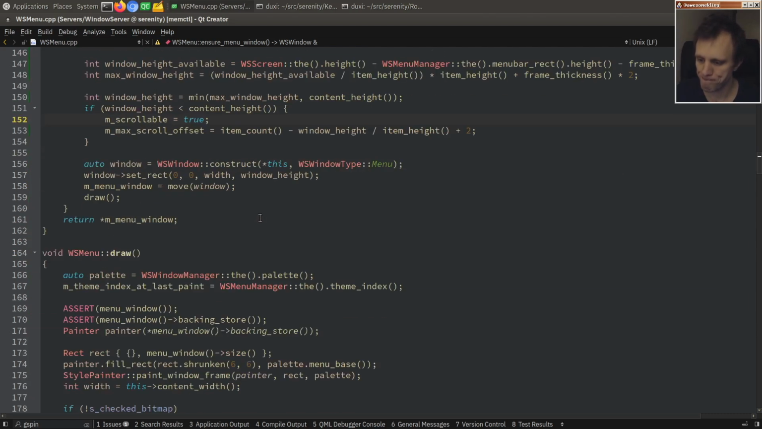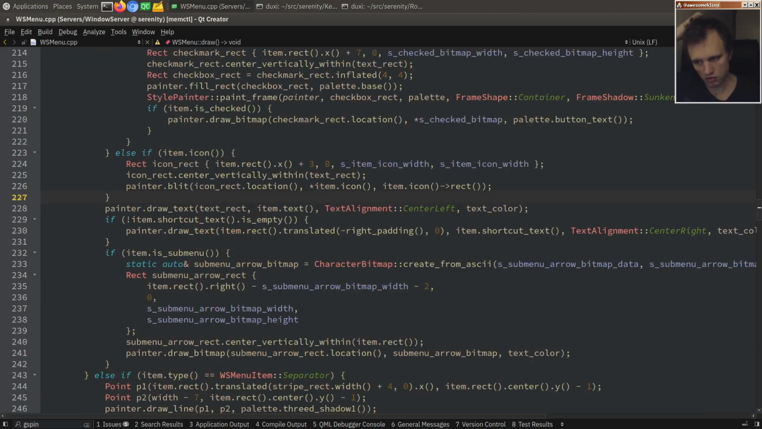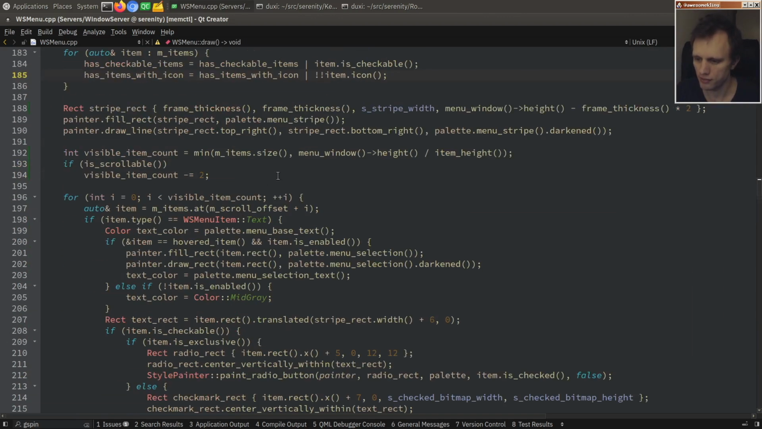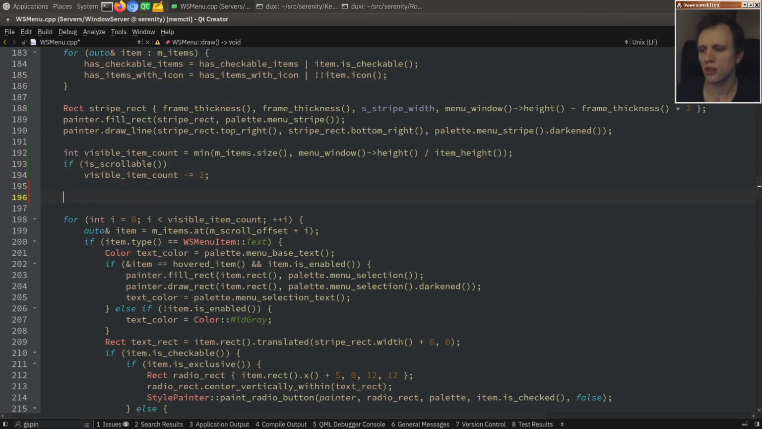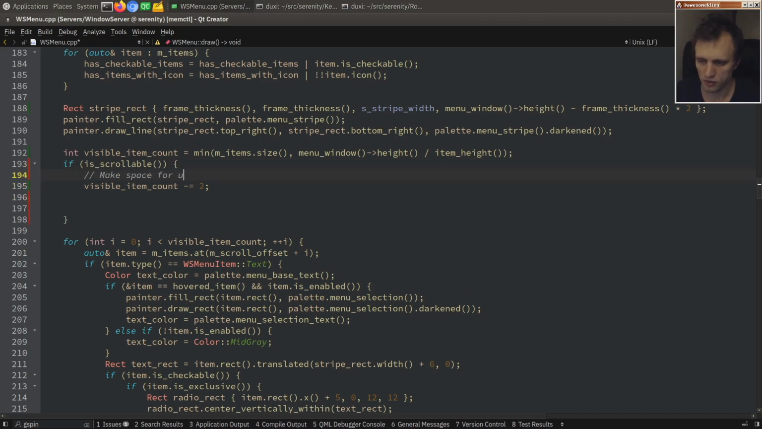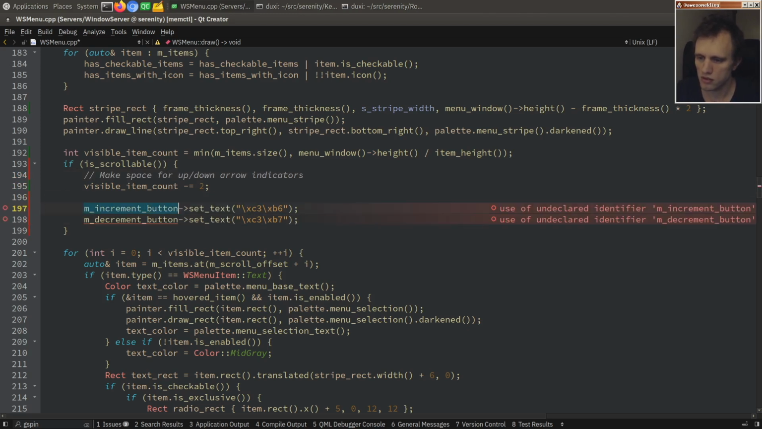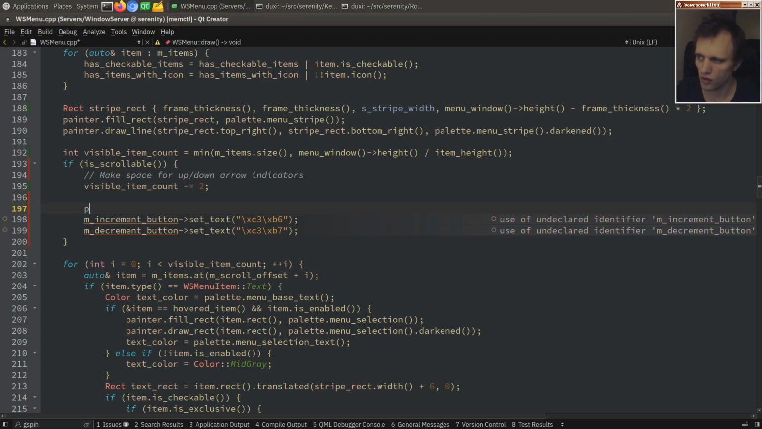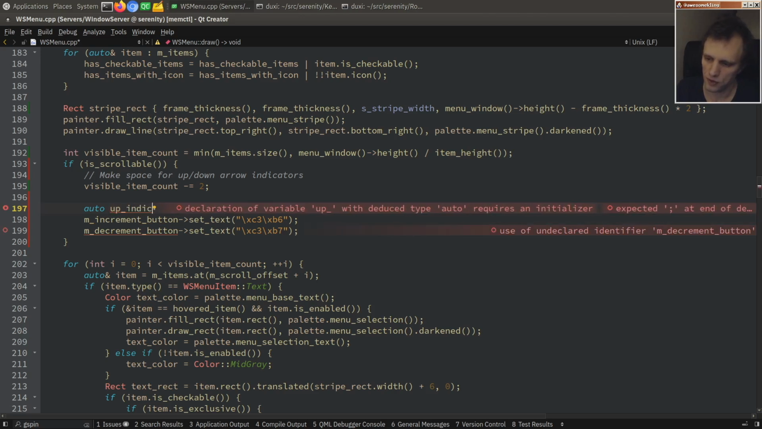So for drawing this, we can just do it at the very end of drawing maybe, or maybe at the start. Doesn't really matter. We have to draw something at the top, so I guess if it's scrollable, then we'll do it here. Make space for down arrow indicators, and it's going to be the up text. Indicator rect is where exactly? It's at the top, left and right, with the width going to be,